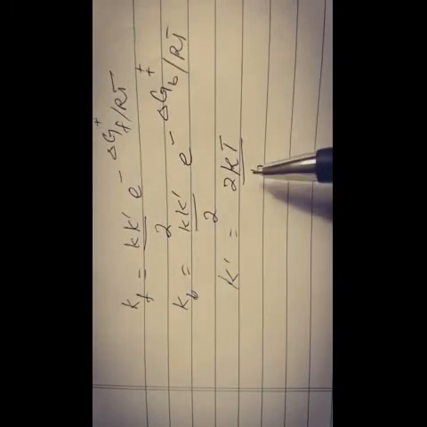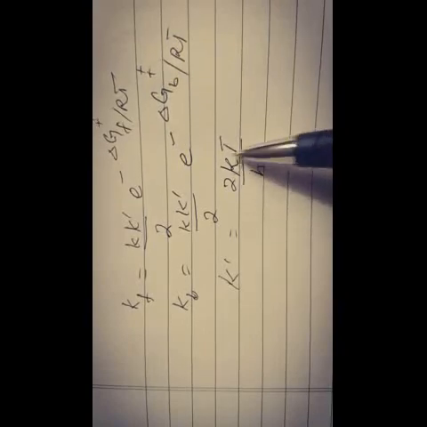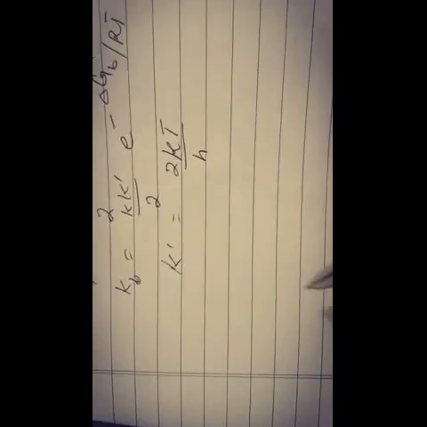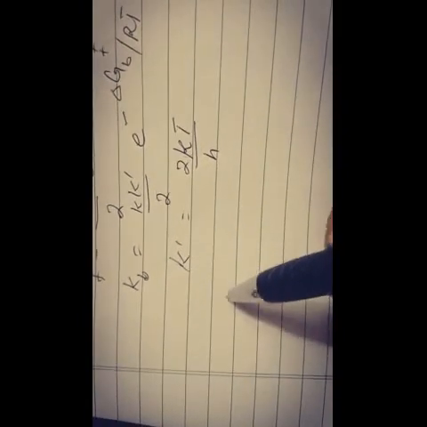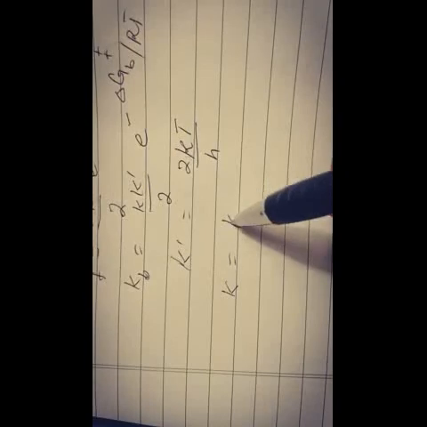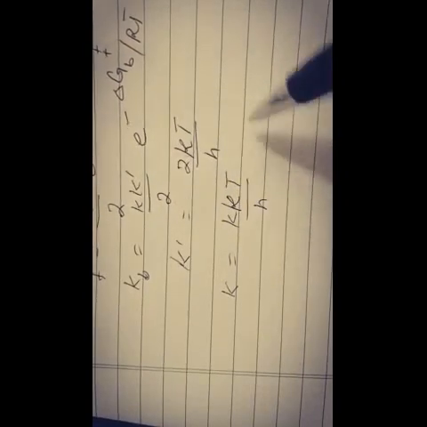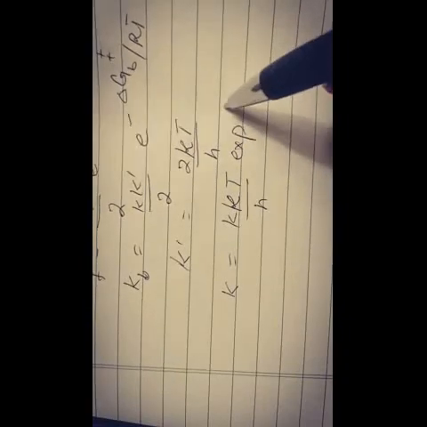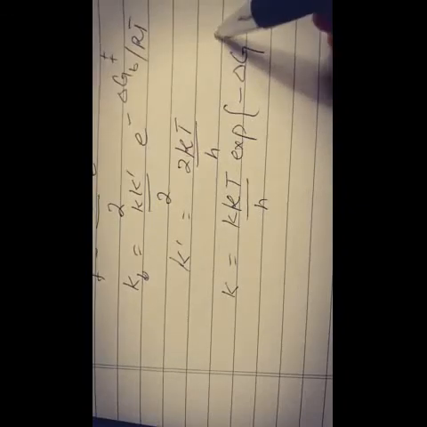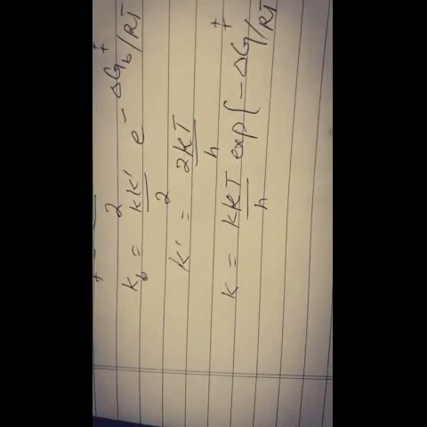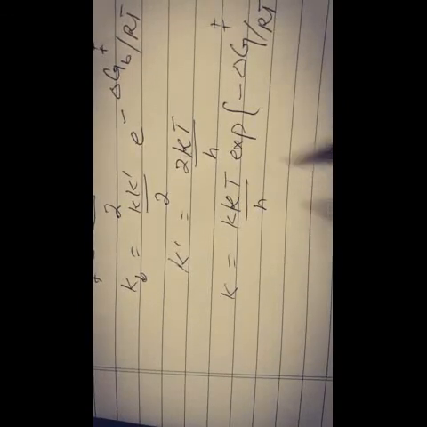Here K dash is equal to 2kT over h, where k is the Boltzmann constant and h is the Planck's constant. So overall this equation is simplified as exponent of minus change in Gibbs free energy over RT. And this equation holds at equilibrium and also away from the